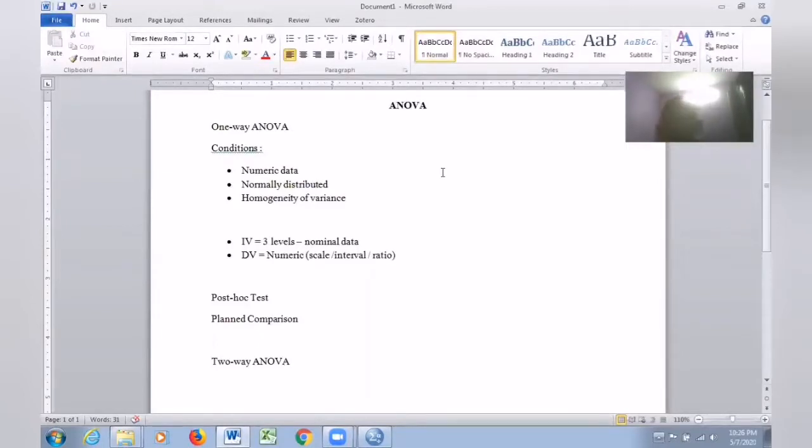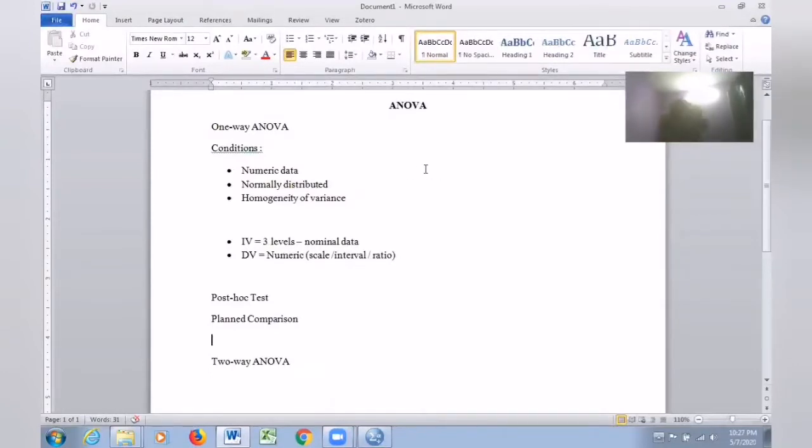As we discussed earlier, the independent sample t-test and paired sample t-test are applied when your independent variable has two levels and the dependent variable is numeric in nature. But as far as ANOVA is concerned, the independent variable may have three or more levels, more than two levels. For example, education qualification: undergraduate, postgraduate, research scholars, faculty members, so there are four levels. If you consider nativity: rural, semi-urban, urban, three levels.